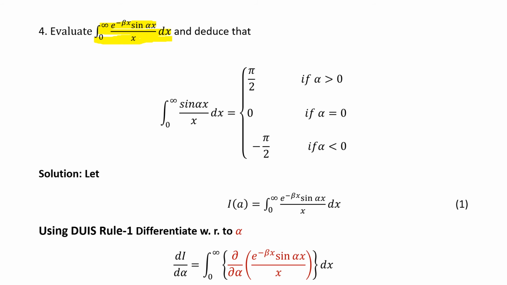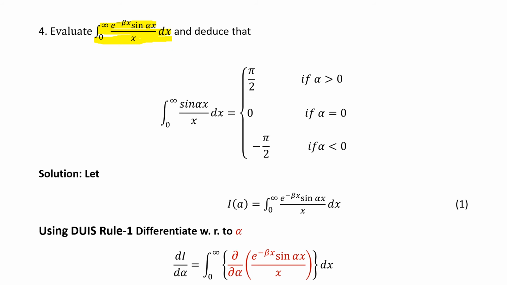So now for which parameter we have to differentiate or apply DWIST. So see, if we apply the DWIST for beta, we can't put any value of beta so that we get the integral value. If we put beta equal to 0, we will get sine alpha x upon x, but this integral is not at all solvable now, right? But if we take alpha as a parameter, and if we put alpha equal to 0, then sine 0 is 0, so the whole integral value will be 0. So it is better to apply DWIST with respect to alpha instead of beta.